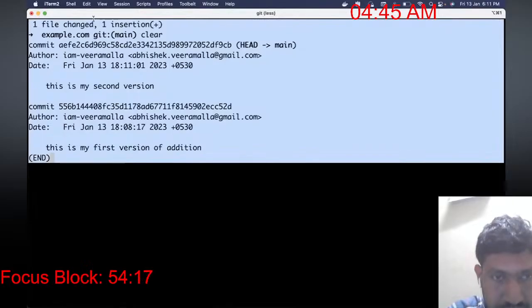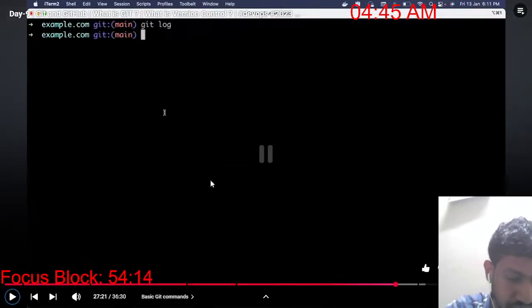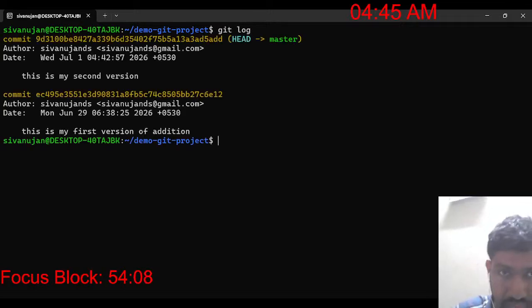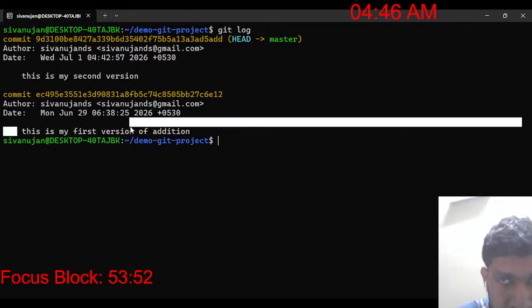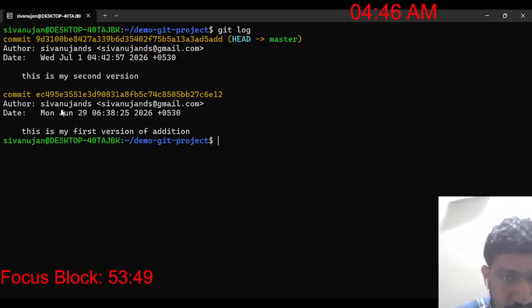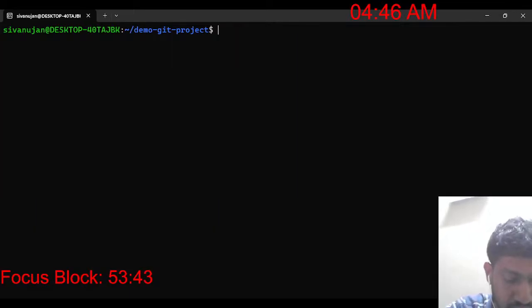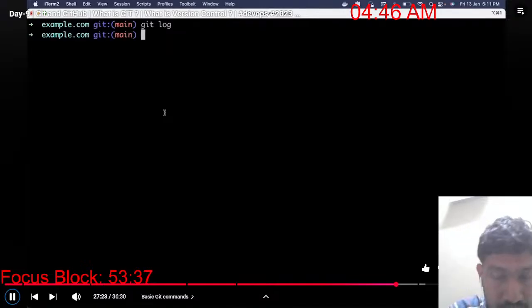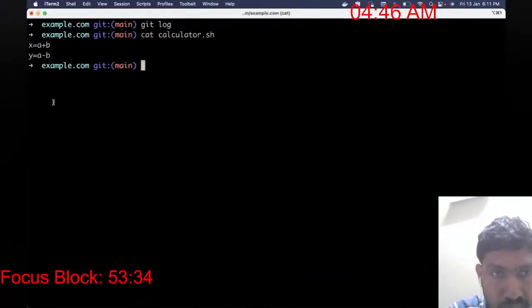Perfect. So this way Git can keep track of hundreds of commits. And if you want to go back to your commit, let's say if I again show you my calculator functionality, it has two functions, right?